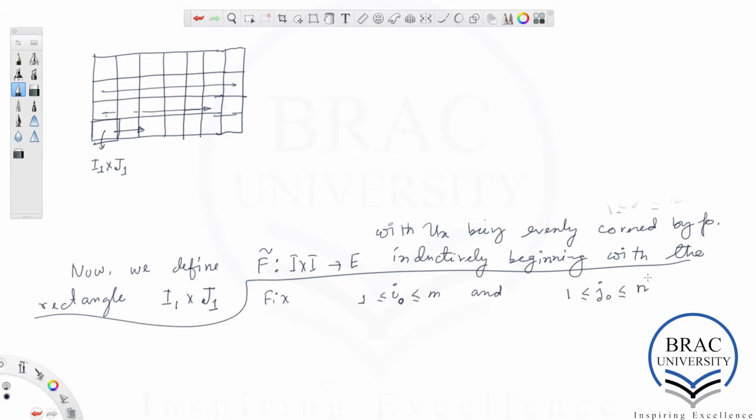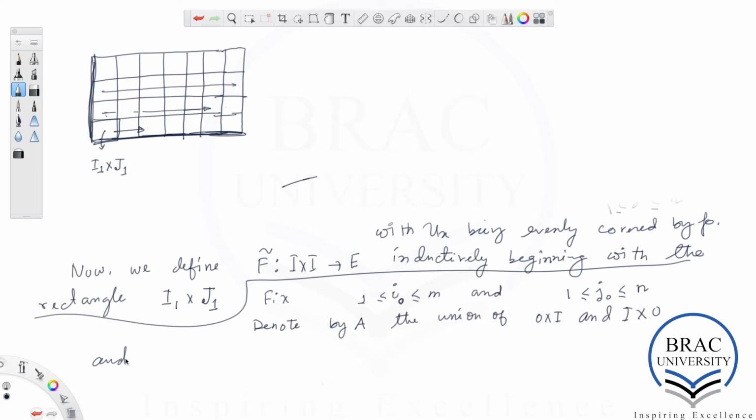Fix these two integers first and denote by A the union of 0 cross I, which is the bottom edge, this one, and I cross 0, which is the left hand edge, here. So A is the union of these two edges,